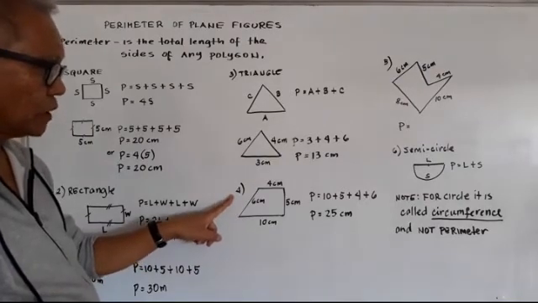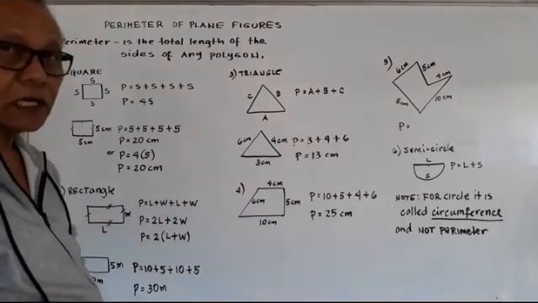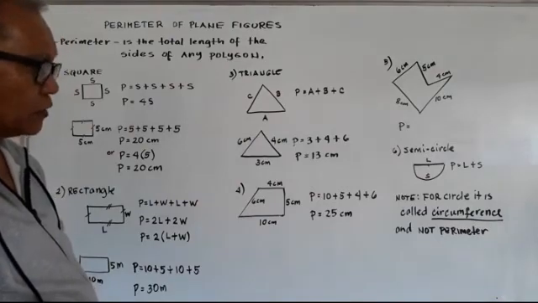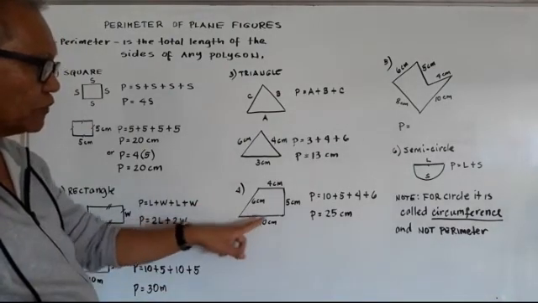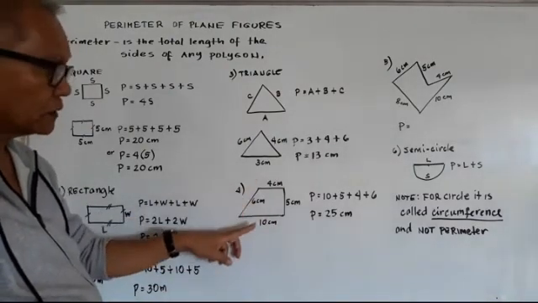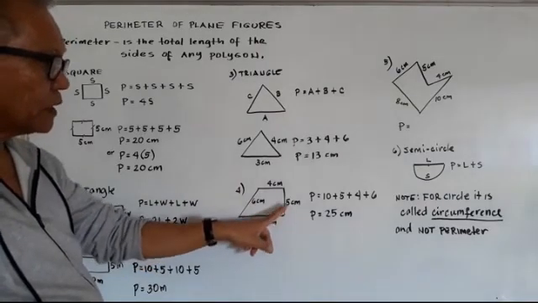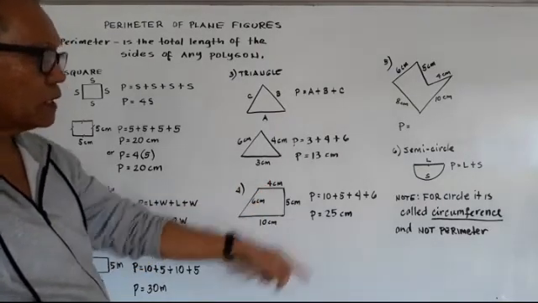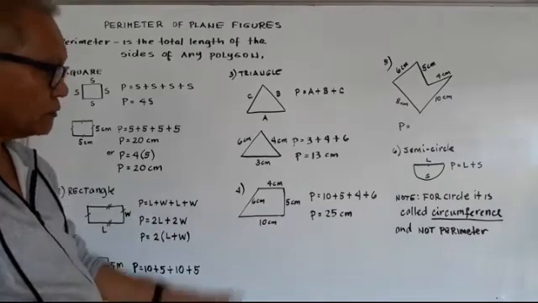This is a trapezium. Okay, trapezium. This side and this side are parallel sides. So how many sides we have in a trapezium? We have 4 sides. So we are going to add 4 sides. 10 plus 5 plus 4 plus 6 will give us 25 unit